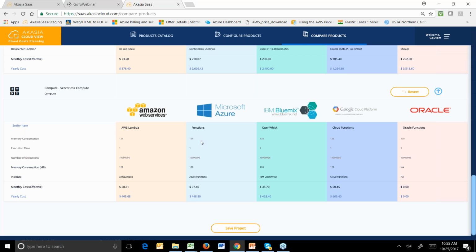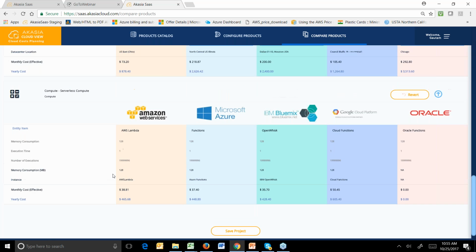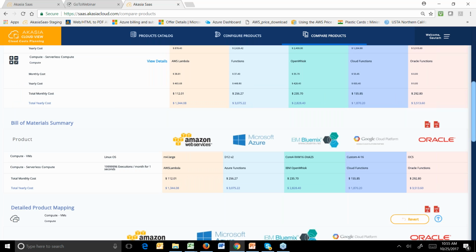And this is a serverless compute. There isn't a whole lot of configuration to be done here. It is what it is, and this is the cost that you would see. All right, so this is how you can go about modeling your application that you intend to build newly. Right now, I just showed you a couple of elements. I can spend hours talking about different products that you can choose, configure and play around with. We definitely recommend you do a trial and see for yourself how it looks.